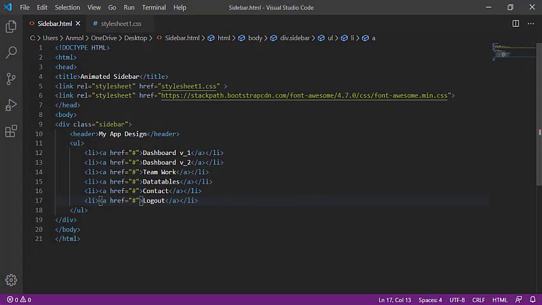Now the time is to style this UL list item, giving the icons.